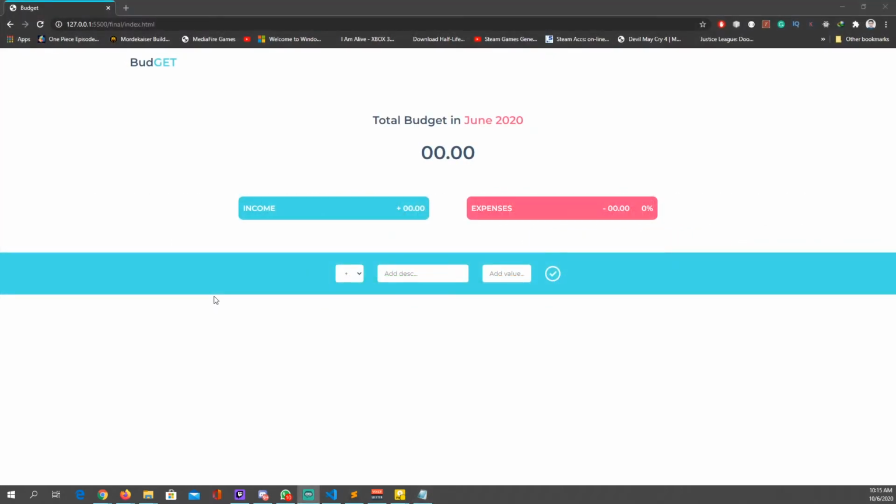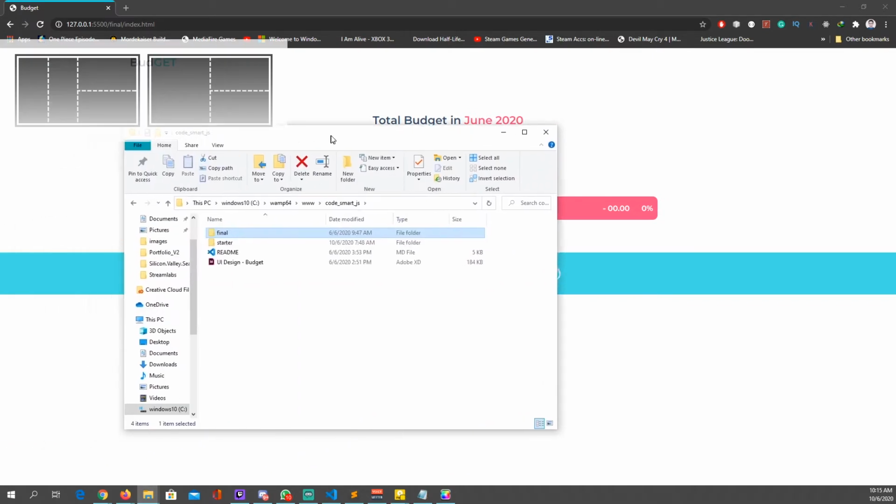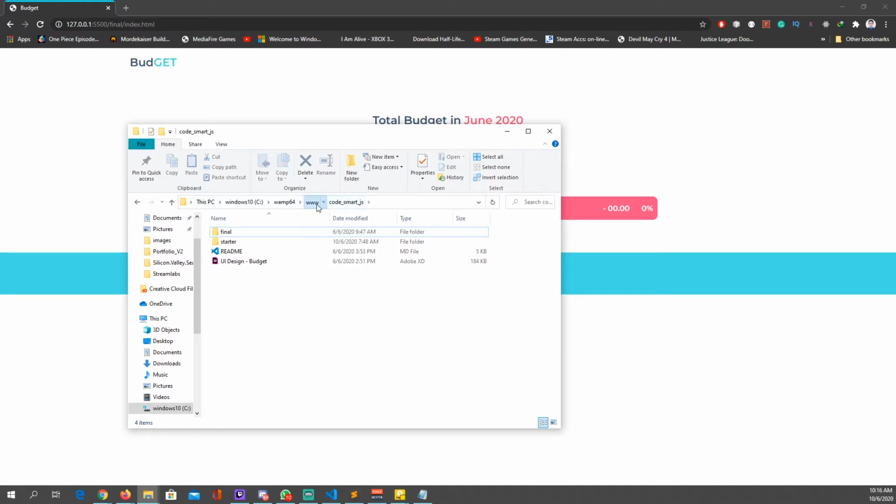So guys, what you see here is the final version of the budget web app, the working final version of it. Once you download the project folder from the Git repo, which I'm going to leave the link for down below in the description, open the code smart folder and place the underscore smart underscore js folder anywhere you like in your system.